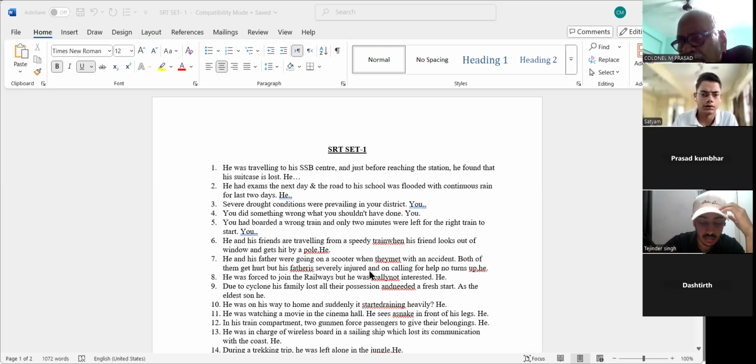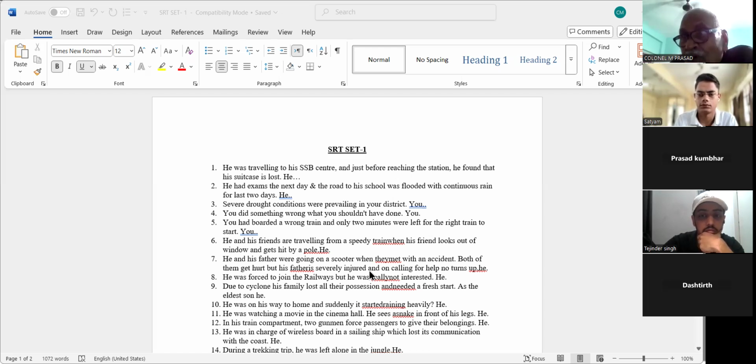Sir, contacted cab driver, recovered suitcase, continued journey. And now you look at reaching the station. How is the cab driver related to a station? So it must have been left in the cab. Why not? On reaching the station, what comes? You are assuming that you are going in a cab, you're reaching the station.